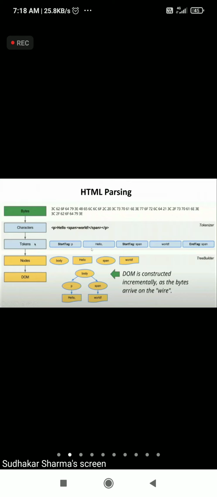A parser is responsible for doing all this. It gets the bytecode, converts it to characters. Those characters are recognized as tags. Those tags are converted into elements and they are attached to the DOM. So this is generally how the process happens.